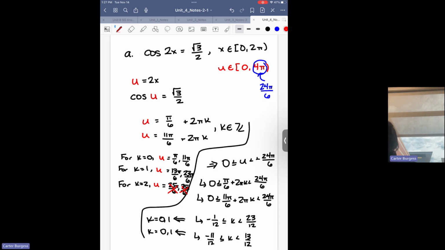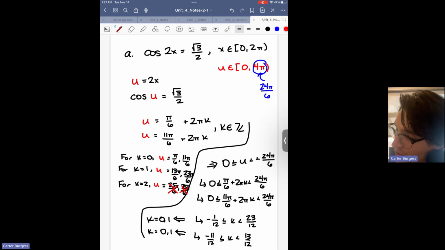Am I solving for u? No, what am I solving for? Solving for x. And so each of these values of u that I found is in fact equal to 2x. Dividing each one by 2, which is the same as multiplying the denominator by 2,